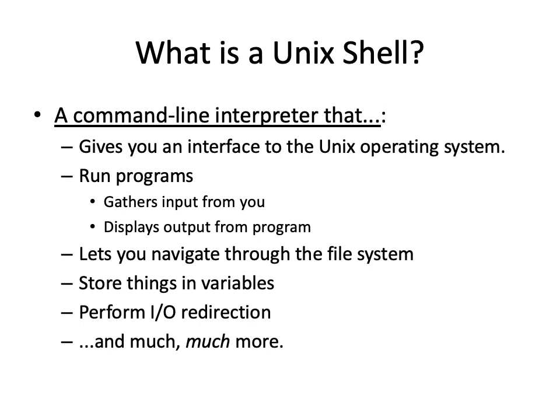So what is a Unix shell? A Unix shell is a command line interpreter that does the following things. First, it gives you an interface to the Unix operating system, like we said before in the previous slide. It also lets you run programs. So for instance, if I type